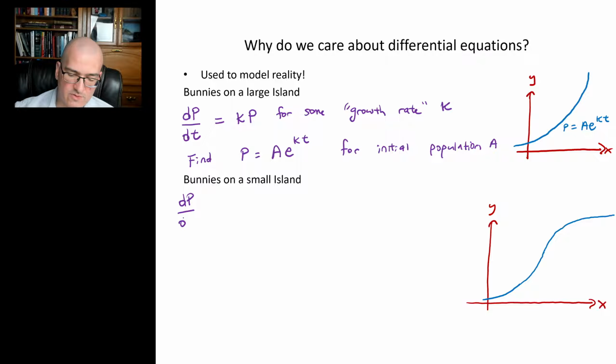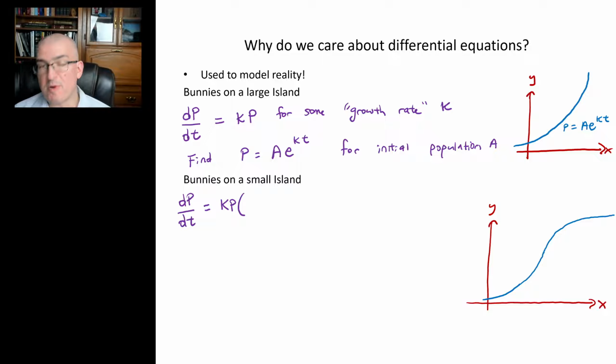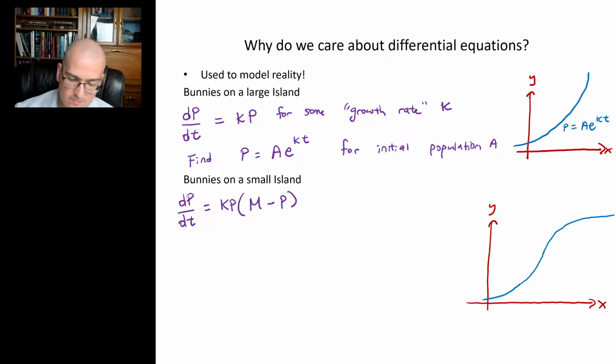So I want the rate of change of the population to equal something that has some exponential growth in it, so k times p. Then I want the rate of change of the population to punish growth that gets very close to the carrying capacity. So I'm going to let m equal the carrying capacity of the island. How many bunnies are there? Or how many bunnies can you support? If I do kp times m minus p, then what's going to happen is